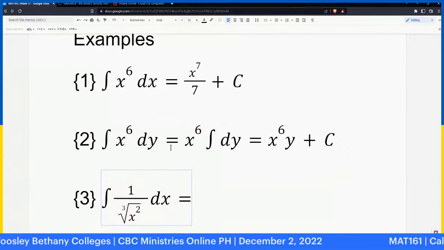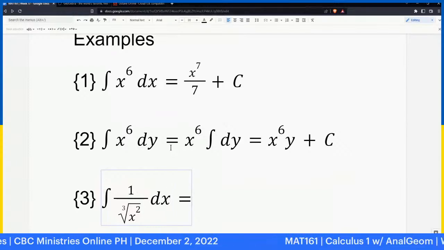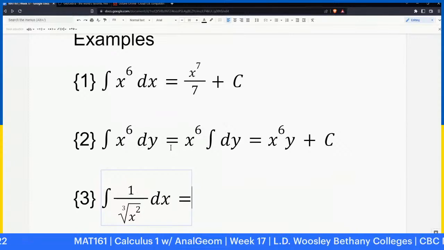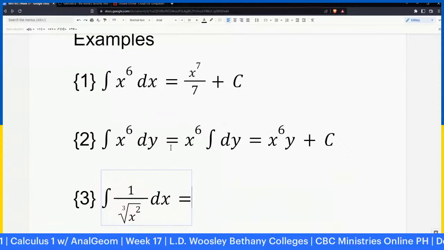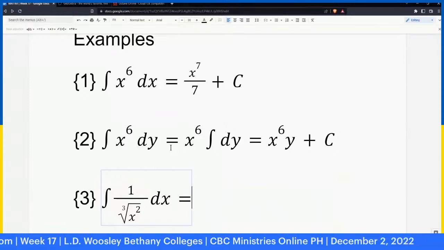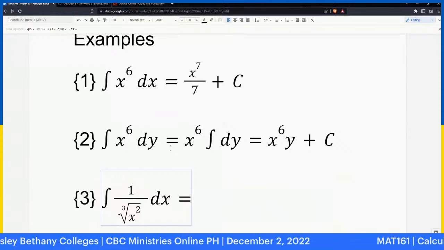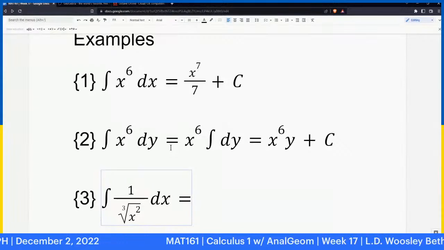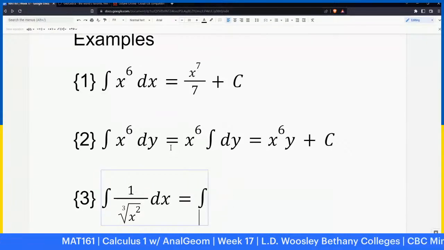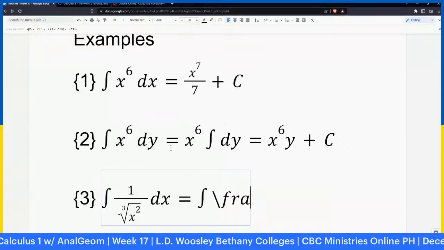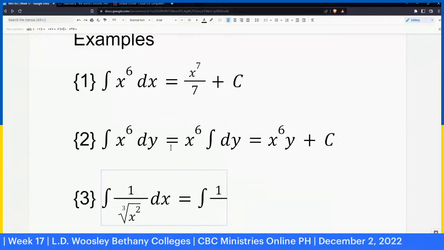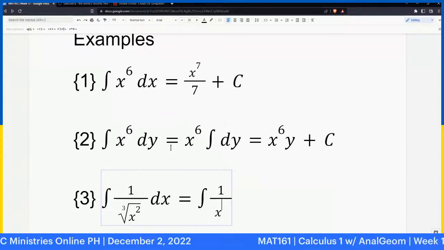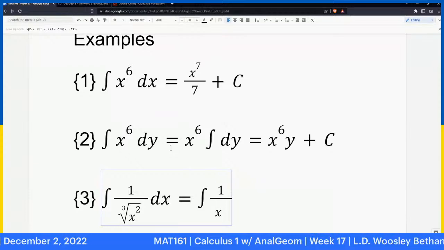Nora, saluhin mo si Gian. What will be the first procedure here, Nora? Okay, of course, since it's in radical, you express this in exponent and without denominator. Alright, so that's the first thing that we need to do here. Sige, I'll help you for this one. So that becomes 1 all over x raised to, Nora? X raised to,